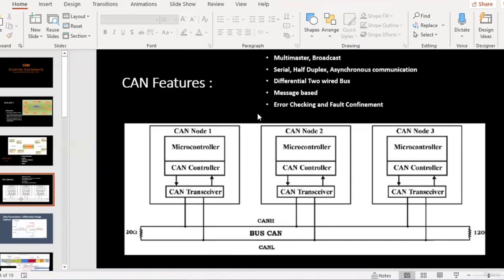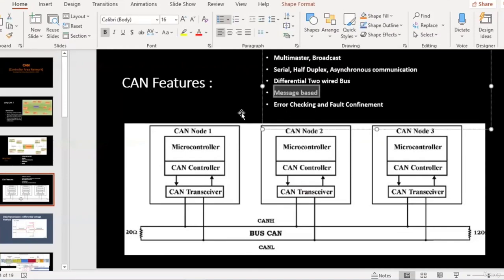The node with the highest message priority, or lowest identifier, would be able to transmit on the bus. So that is how the arbitration takes place. Arbitration is a philosophy or a protocol through which access to the wire is given to a particular node. So that is called message based.